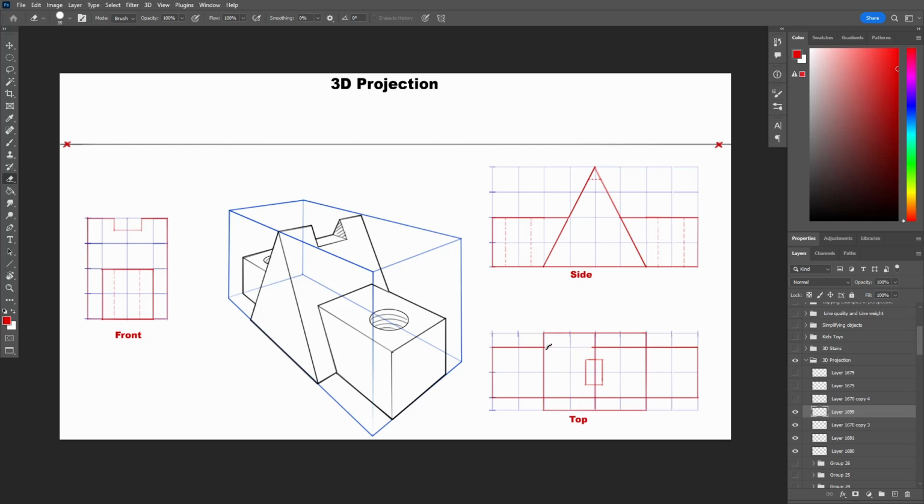The box is going through the pyramid from one side to the other, so it will continue going in as we see it in the side view, till the third unit, and then the line will become dotted as it goes inside of the pyramid. Finally, the holes are in the center of each square, so let's find the center of the square and then divide it into 4 equal parts and draw the rectangle in the inner smaller rectangle in the center. That will be our hole in both sides.